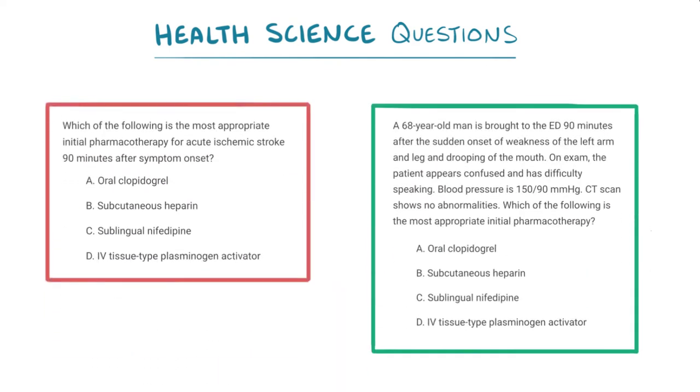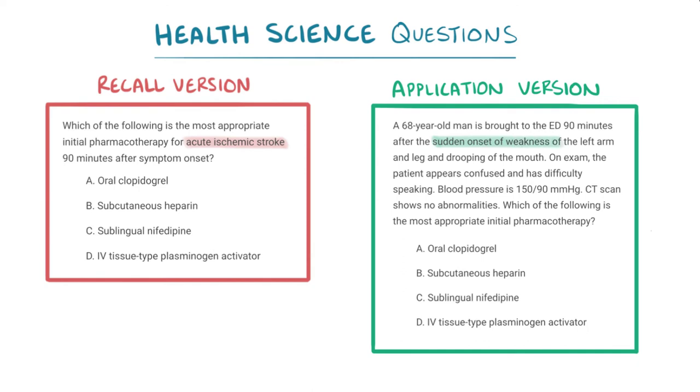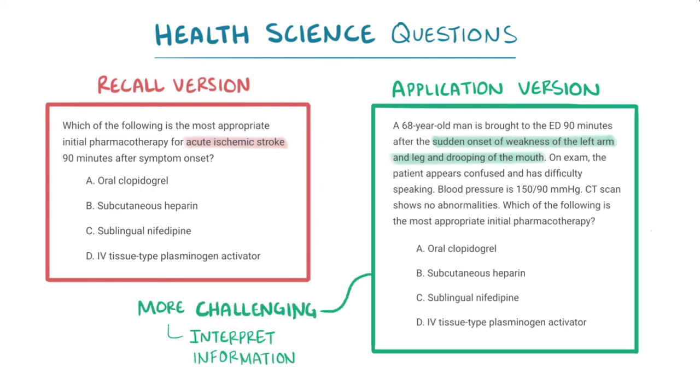This side-by-side example shows what these differences look like, with the recall version using the term acute ischemic stroke, whereas the application version uses the clinical description, sudden onset of weakness of the left arm and leg, and drooping of the mouth. The options are the same, but the application version is more challenging because it requires interpreting information, rather than simply giving away the